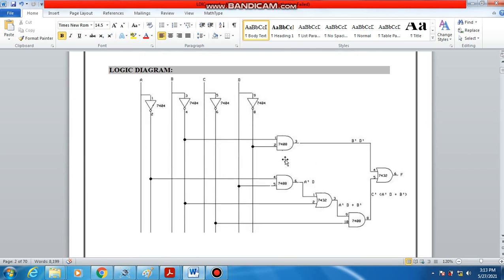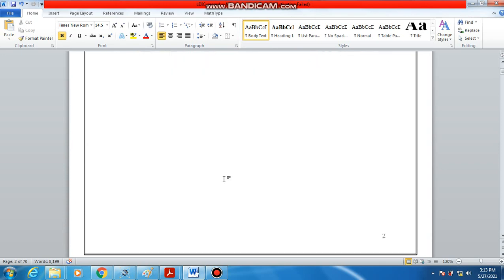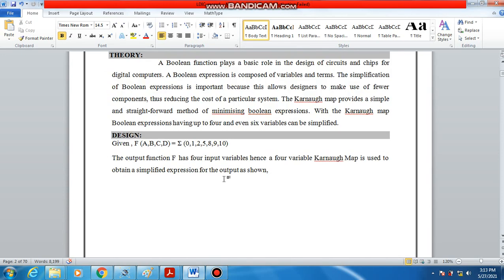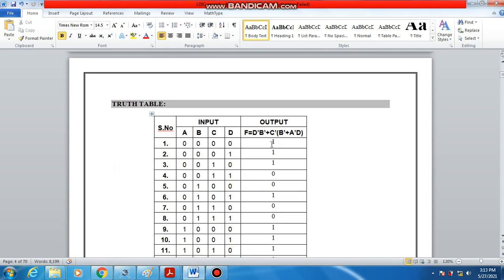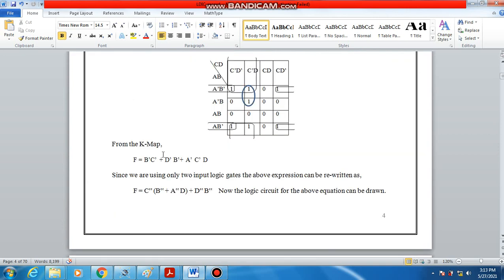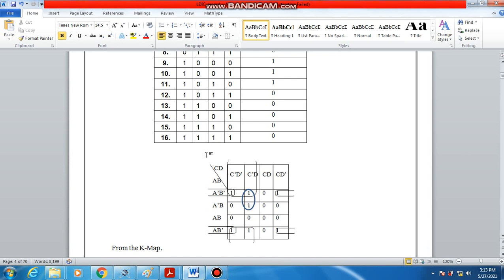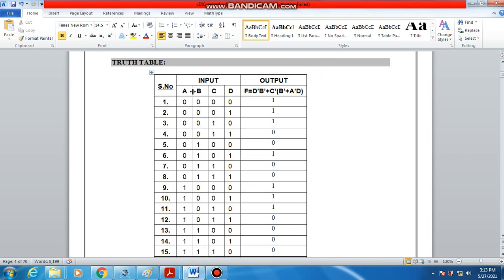After framing the logic diagram, I am going to frame the truth table and fill up the values of the truth table theoretically. With the help of this expression, I am going to feed the values as given in the truth table. So in your truth table A, B, C, D, if this is my input, what is the output? I am going to feed the value into this expression. Similarly, if this is my input, what will be the output? I am going to feed it into this expression and check what the X value is.